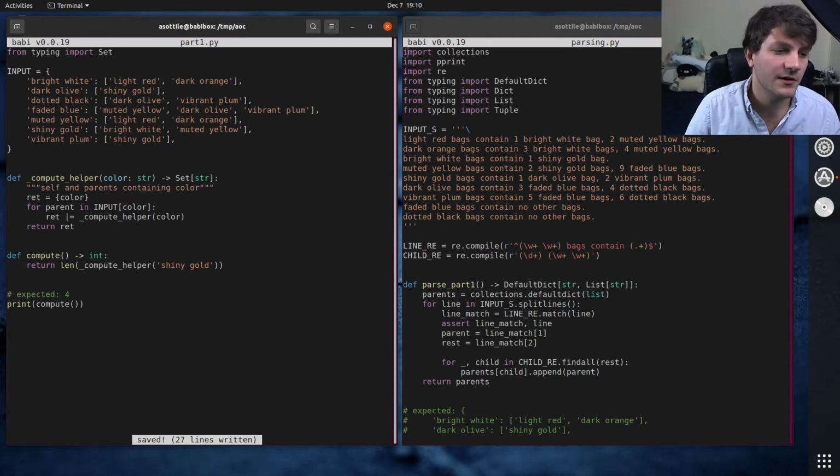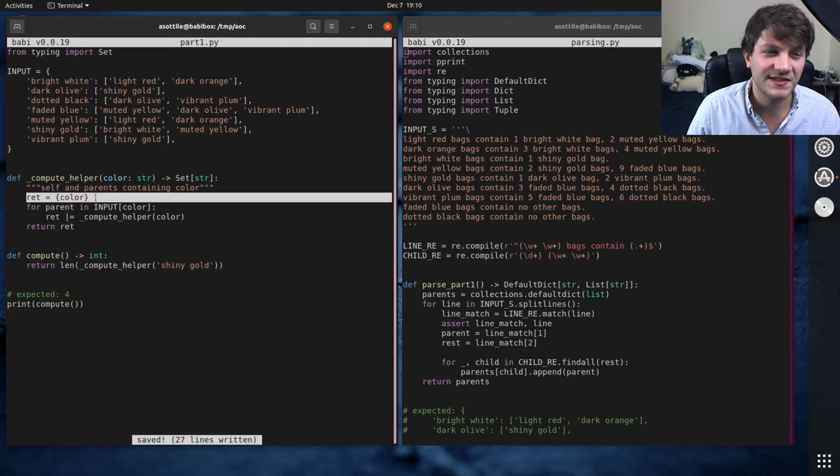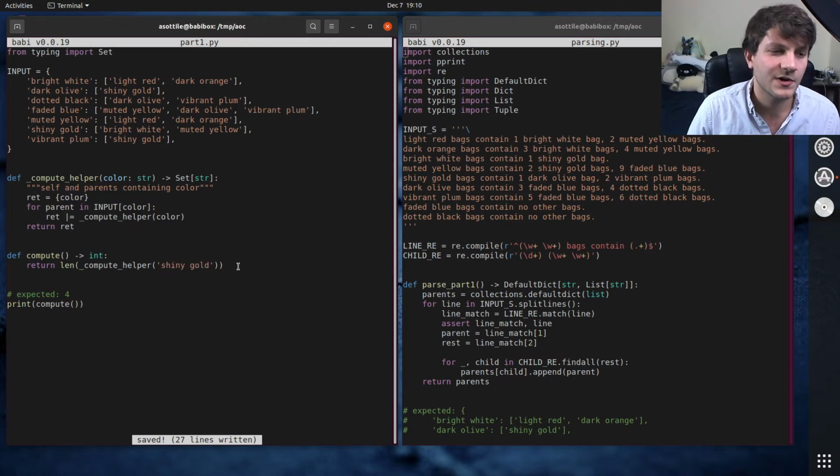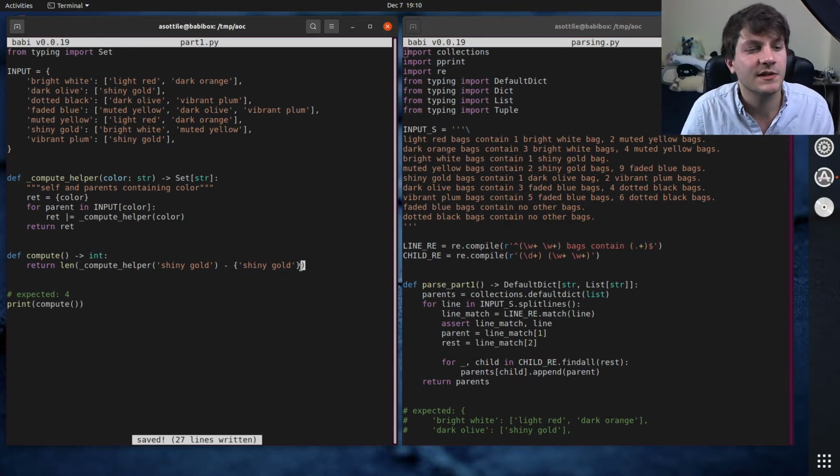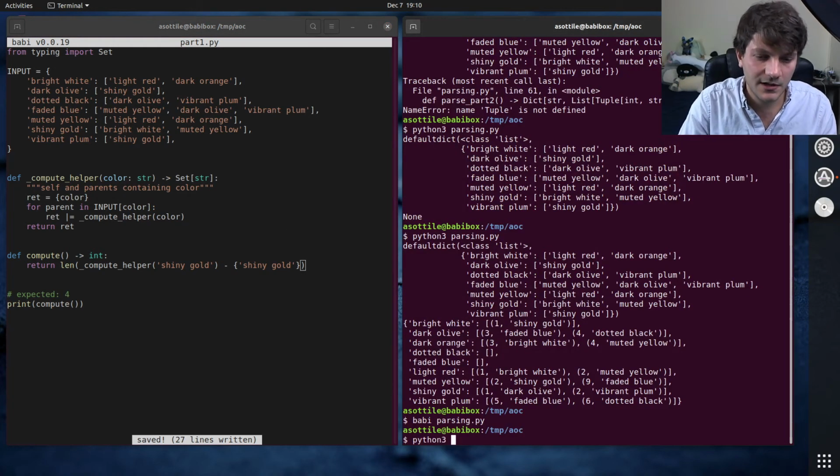And if we return ret here, and when we run this, you'll note that shiny gold gets passed in here, so it's actually going to be part of this set, and we don't want shiny gold to count, so we're actually going to subtract out shiny gold here, because shiny gold is not included in itself. Otherwise, you would have infinite bagception. And if we run this,